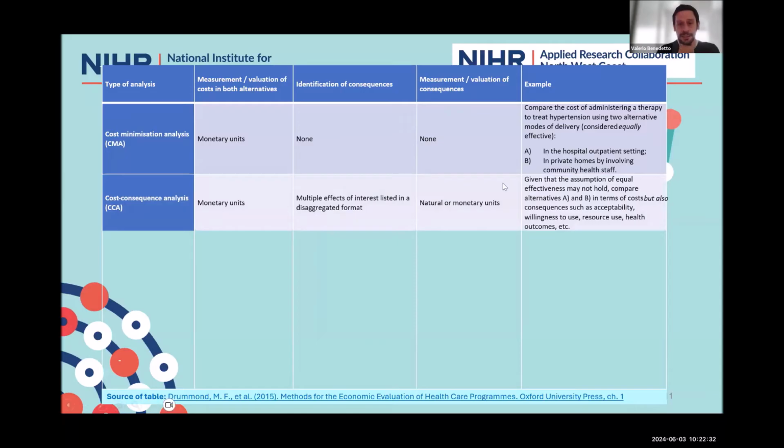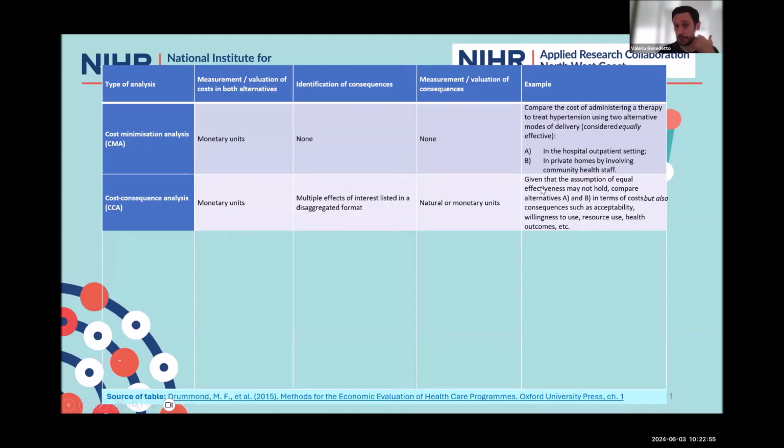The second type of economic evaluation I wanted to talk about is a cost consequences analysis, where we are trying to consider here the cost and the outcome side together. But the outcome side is considered in a disaggregated way. What I mean by that? So if you look at the last column again,